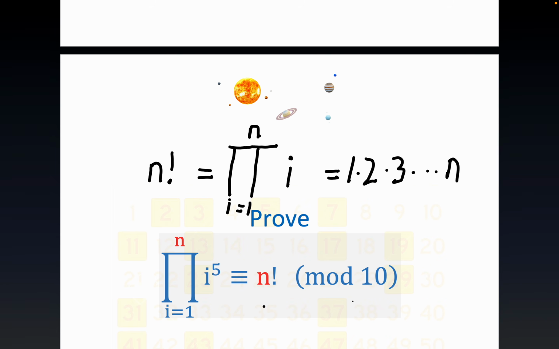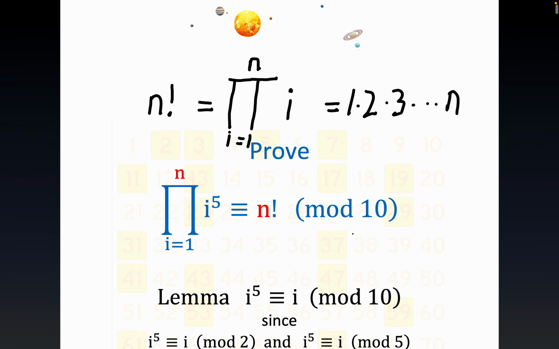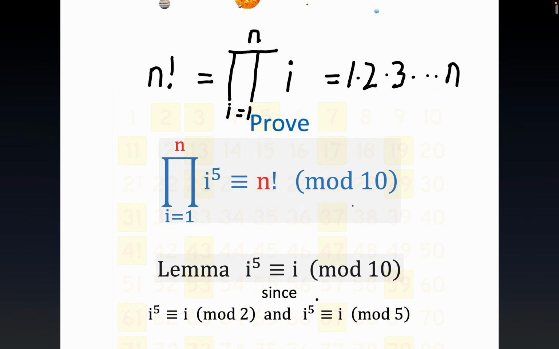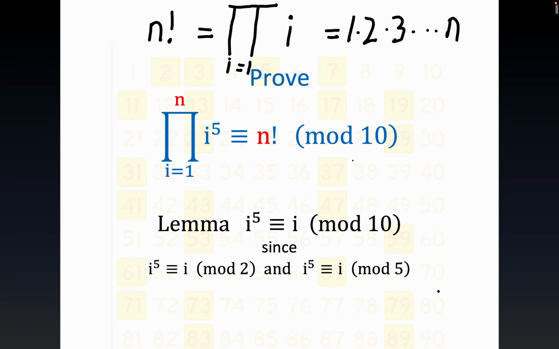Okay, so what we want to show is that the product of i raised to the 5th power is actually congruent to n factorial mod 10. Now this is really fairly straightforward if you believe this lemma, which is kind of interesting. It says that if you raise any integer to the 5th power, it's going to end in the same digit as the integer. It's kind of a recreational math result, but the rigor behind it